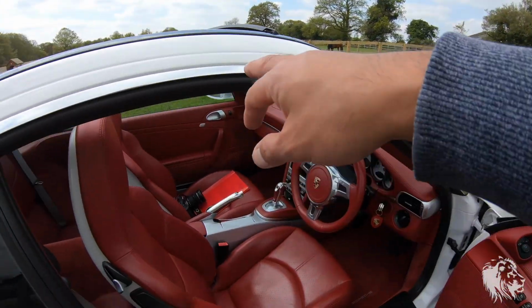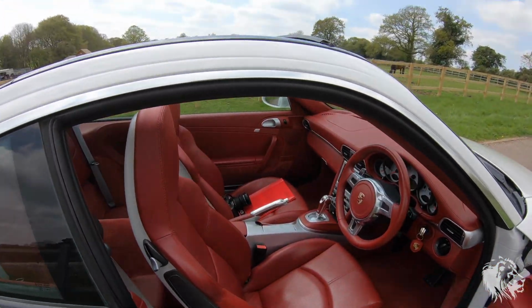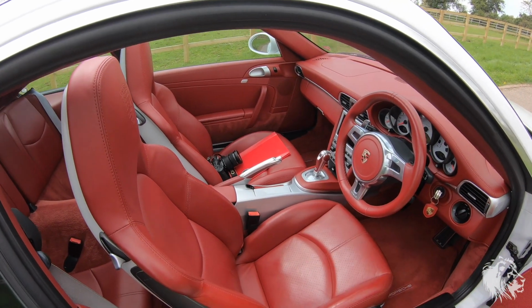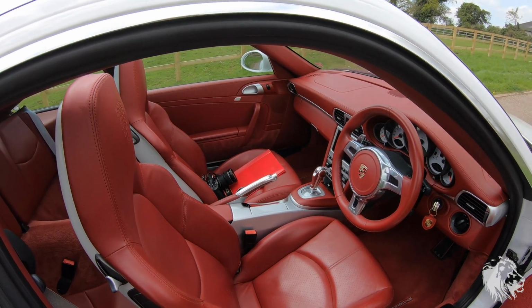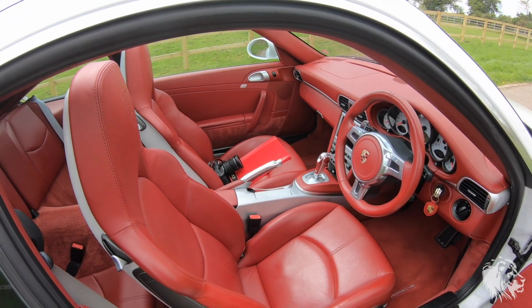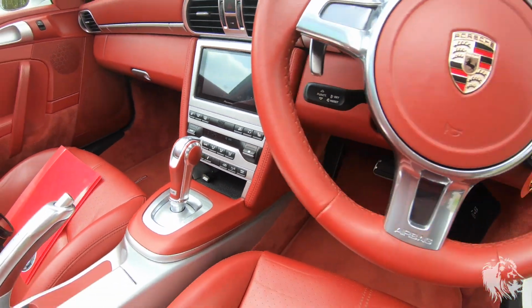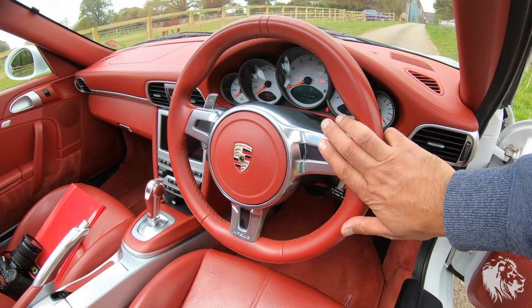It remembers where both the mirror positions are on the key, so if there were two of you driving it like a couple, then you could have the seat set up for each of you individually and the mirrors all set up, so you just get in and it adjusts it all automatically. They're heated as well, so it's got the optional heating, and it's got the lovely sport design steering wheel,